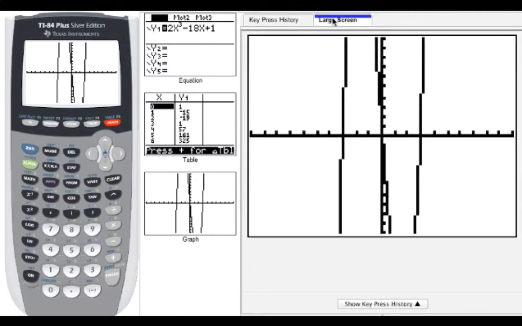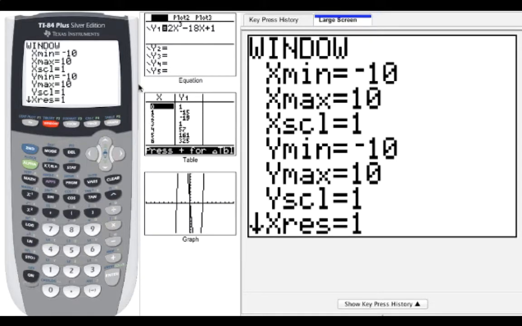And this almost looks like a bunch of vertical lines. Well, when you see something like this, it means you probably need to adjust your window some. It looks like the graph goes up higher and lower than we can see in a standard 10 by 10. So we hit the window key, and let's change it so that we can go up a little higher. It also looks like it doesn't go too far to the left or to the right. So we could change the x-min to -5